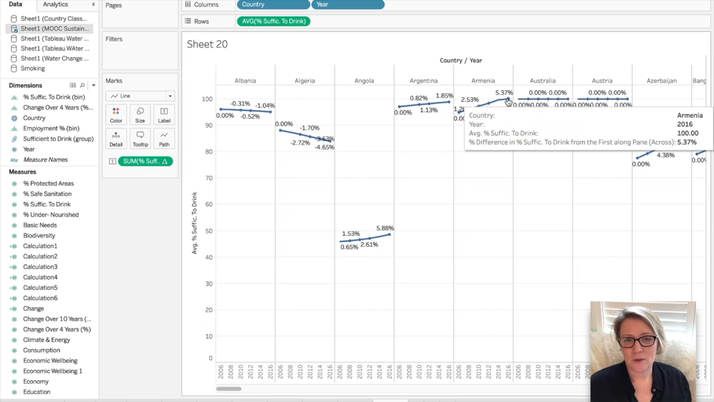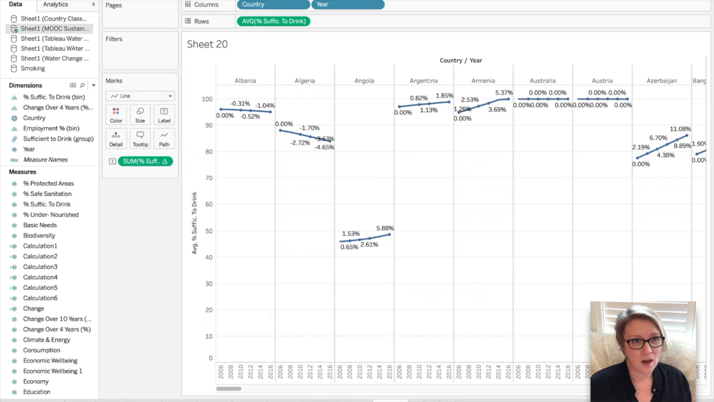Now, it makes a difference whether you want to talk about absolute percent or percentage change. In an ideal world, you would probably talk about both, or maybe you would just talk about the actual numbers themselves. So if we look at an example,